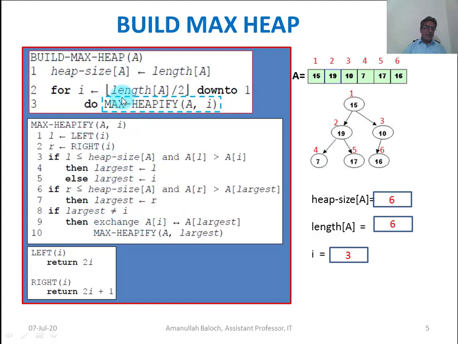The next time I becomes 1 and max heap will be called for the value 1, that is the root. Here the root is smaller than its left child.